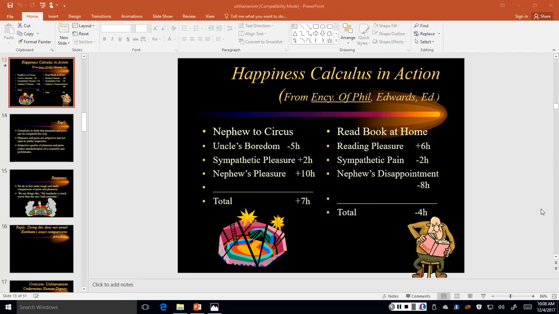We saw that Bentham was probably overly optimistic in thinking that when we compared pains and pleasures, we could actually assign exact numbers to them. In this example, we've got numbers assigned, but you might say, well, how on earth do you get those numbers? You can't see inside people's minds. You can't guess how they're going to enjoy or not enjoy the circus. Plus,